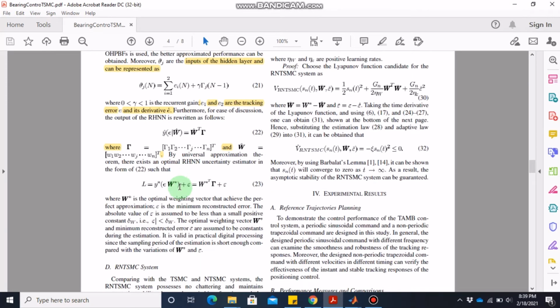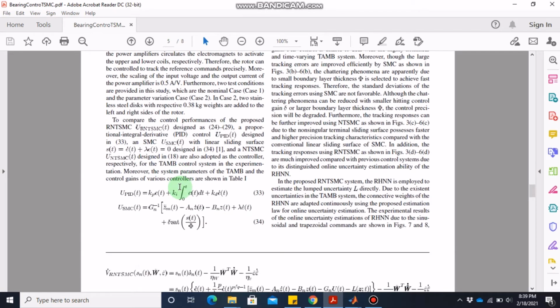Its equation is also given at the end of the paper. This equation 34 is the equation for simple sliding mode control, and I will show you how this works. So in sliding mode control, there is obviously a sliding surface, which is defined as S is equal to derivative of the error plus lambda times error. Lambda is a positive constant, and then based on the sliding surface, the sliding mode control is 1 over g,